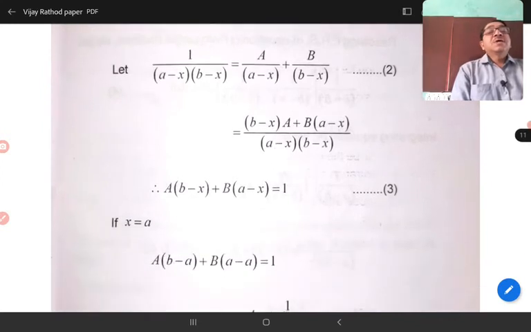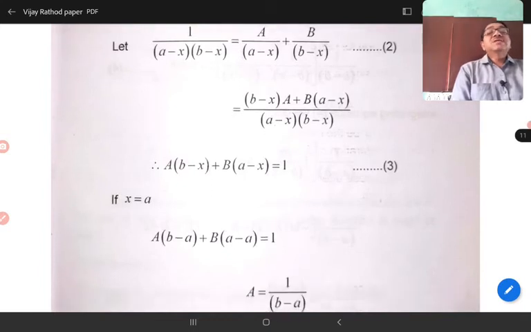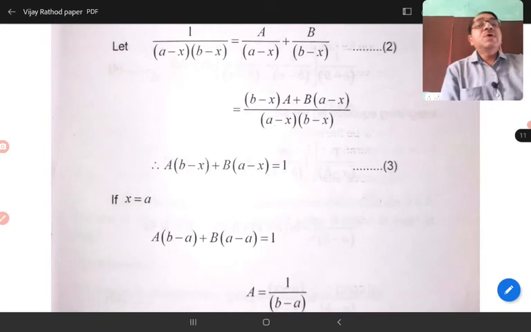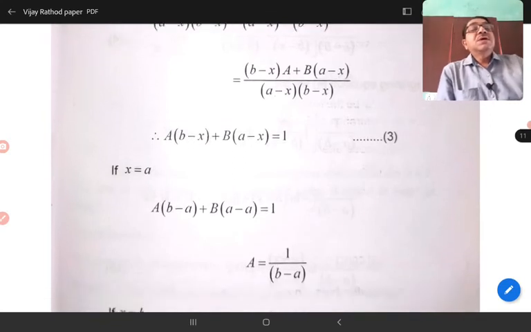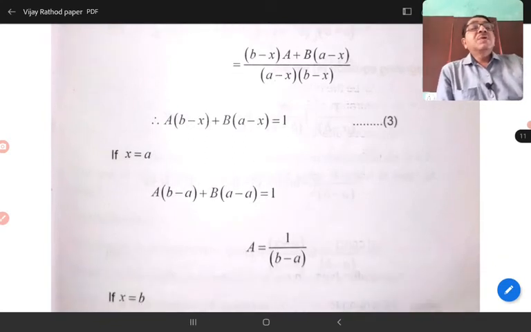Now A into (b minus x) plus B into (a minus x) is equal to 1. If x is equal to a, meaning the total reactant A is converted into product x,